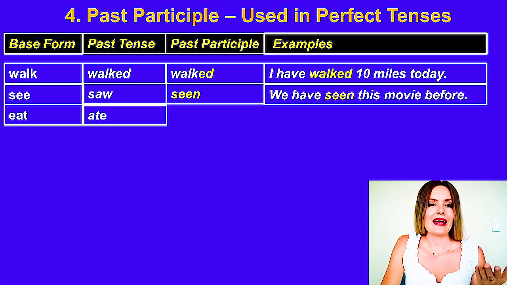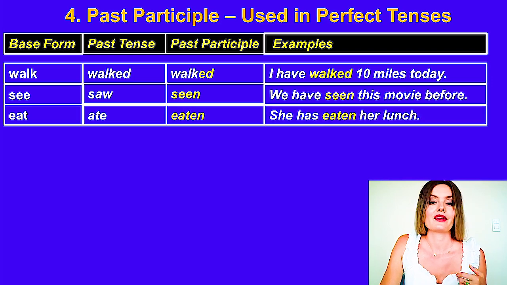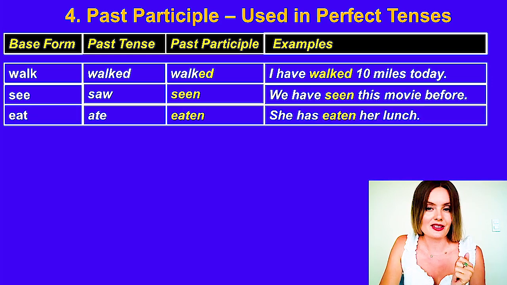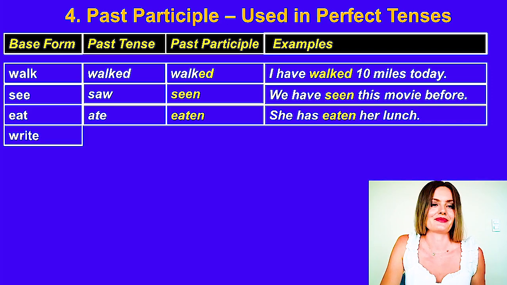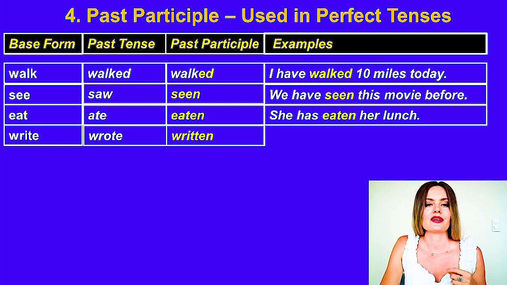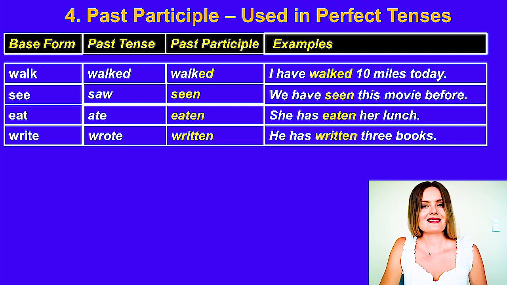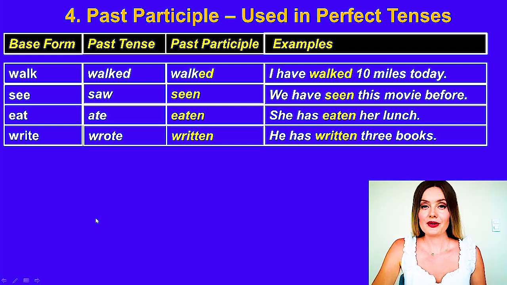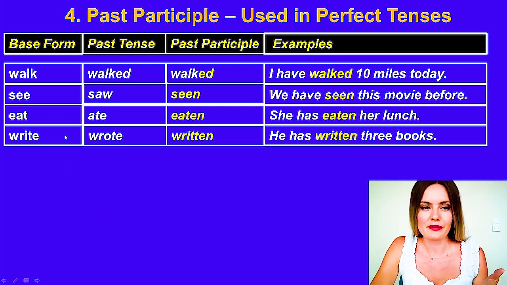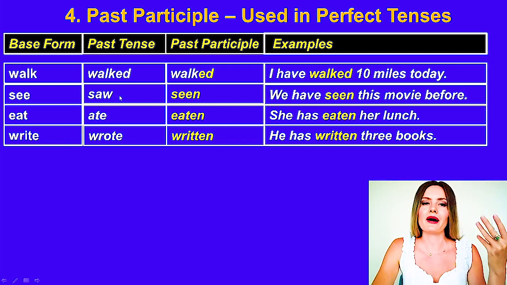Eat, ate is the past tense and eaten is the past participle. For example, she has eaten her lunch. This sentence is used in present perfect. Eaten. Write, wrote, written. Written is used in past participle. He has written 3 books. This sentence is used in present perfect. He has written 3 books. You can see that all the irregular verbs, such as see, eat, and write, have separate forms for past tense